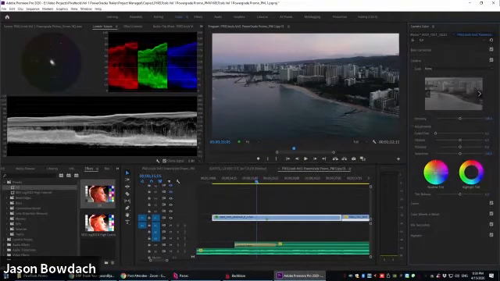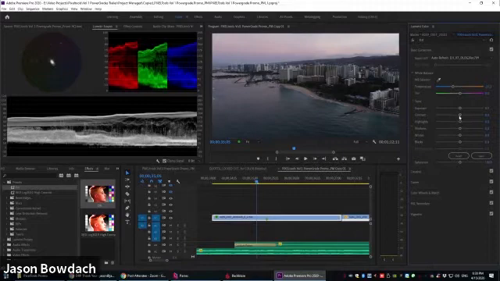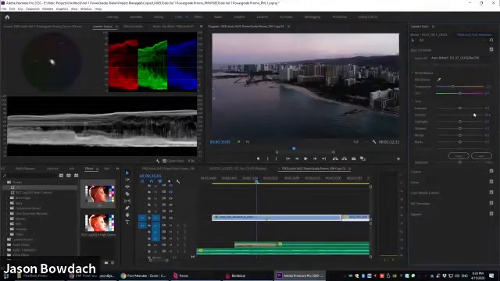Now you can see this is also manipulating a lot of the gamma too. So what I want to do first is adjust the contrast. I want to give this image a tiny bit more pop and separate our highlights from our shadows and our gamma, essentially separating the different parts of our image a little bit. So I'll go back to our basic correction here and increase our contrast, which you can see right in the Lumetri scopes, what it's doing there.